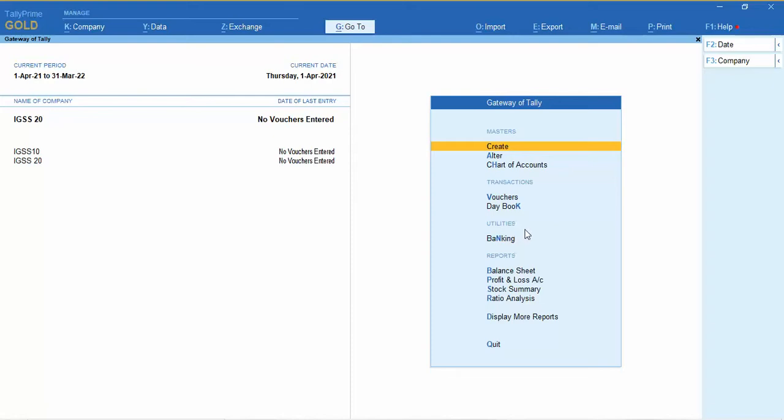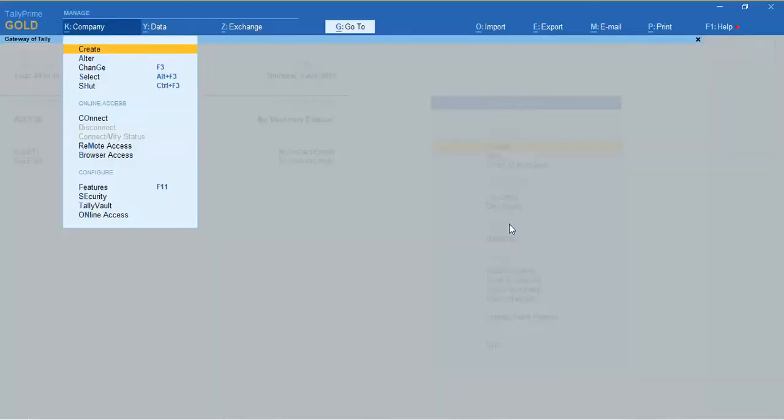Okay, so now we understood how to change the path while creating the company. Now again I need to change my path. I want to access the companies which are under demo 2. Right now I'm accessing the companies under demo 3. So again I'll say Alt K. When I say select,